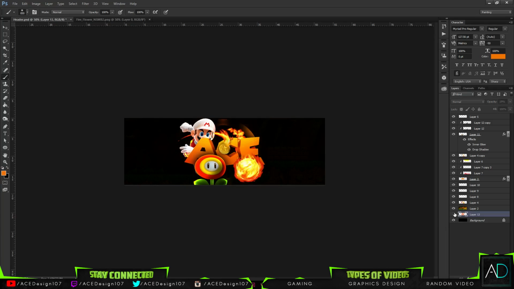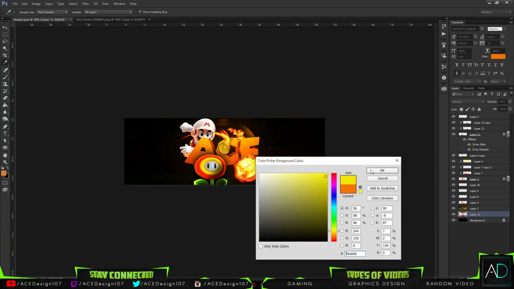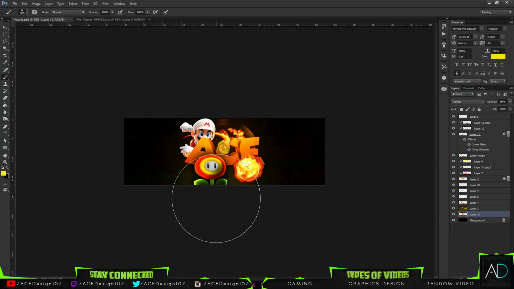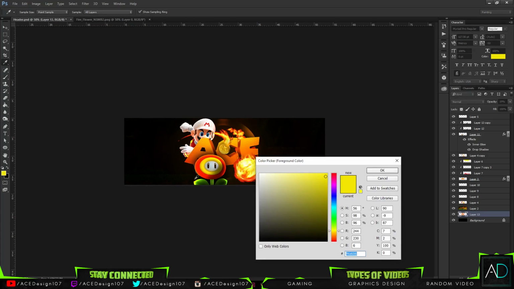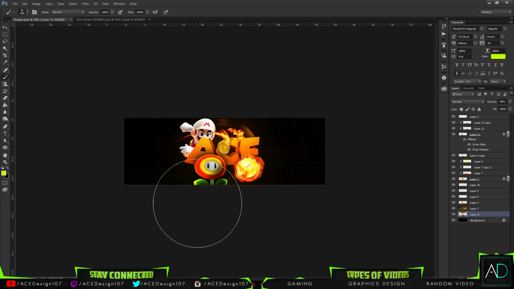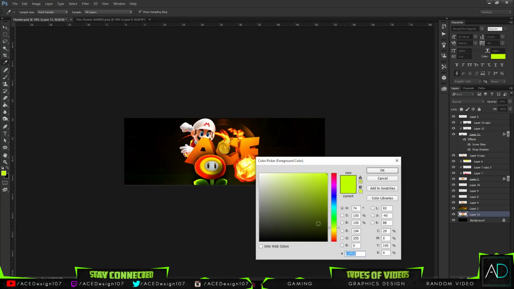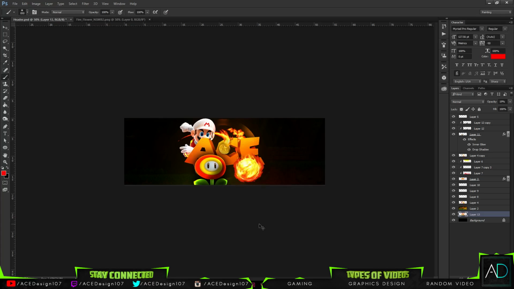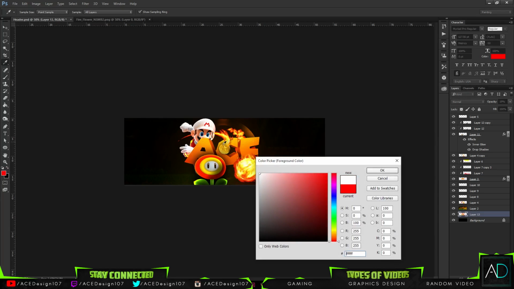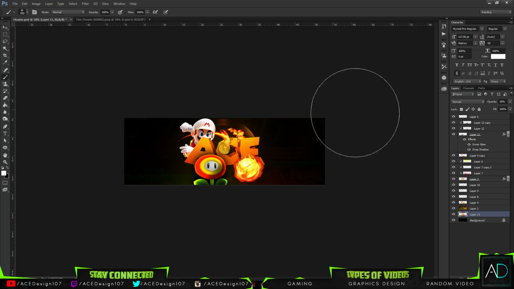See, that glow just makes a lot of difference. Look, it just spices it up a bit more. Okay, and I'm going to do a smaller glow along here, but this one is going to be like a greenish glow like that. We're going to do a reddish glow along here. And we're going to do like a whitish glow along there, but we're going to do the white glow ahead